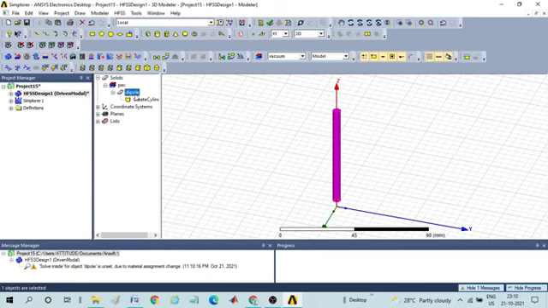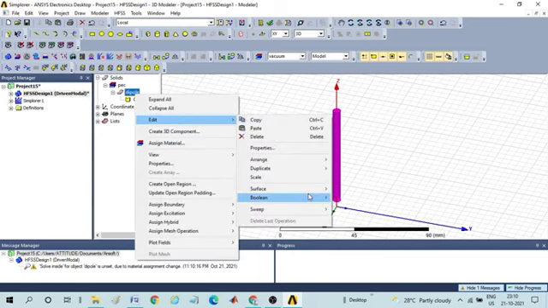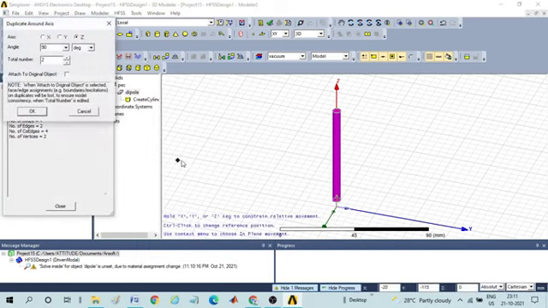Now click on dipole, right click, go to edit. Here you have an option called duplicate. We are duplicating around the axis because I want one in the positive Z direction and one in the negative Z direction, so that the one in the negative Z direction can act as a ground plane. So dipole, edit, duplicate, then around axis.